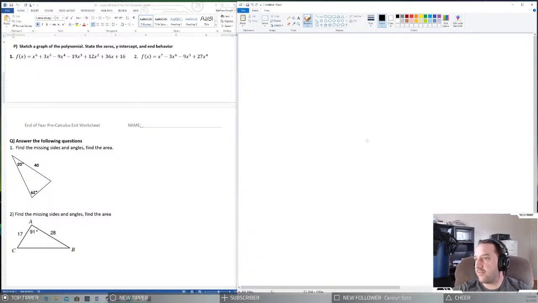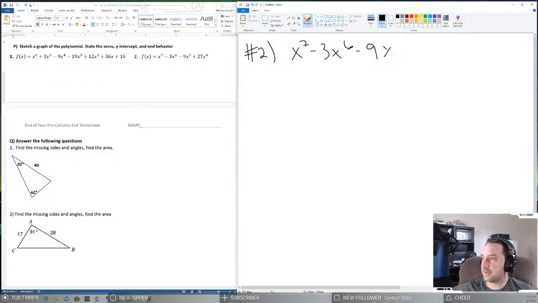So it says sketch the graph of the polynomial, state the zeros, y-intercepts, and end behavior. So this is where we're going to do the p's over q's. So let's look at number 2. So I have x to the 7th minus 3x to the 6th minus 9x to the 5th plus 27x to